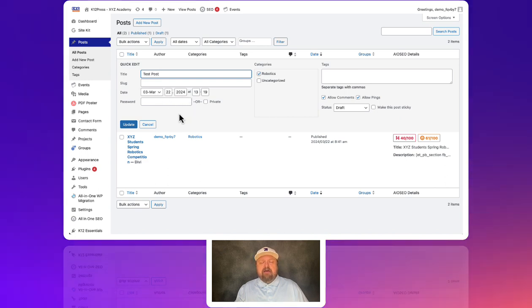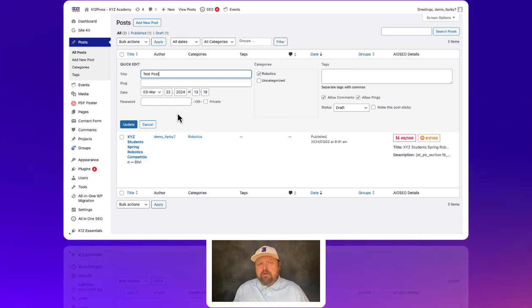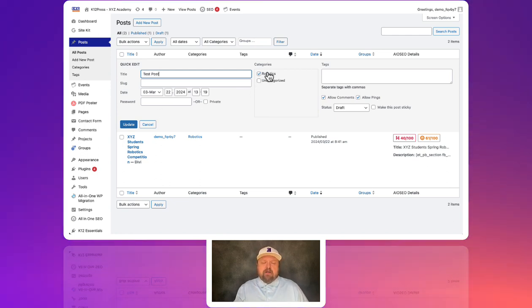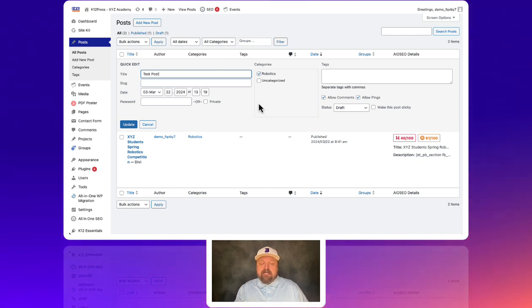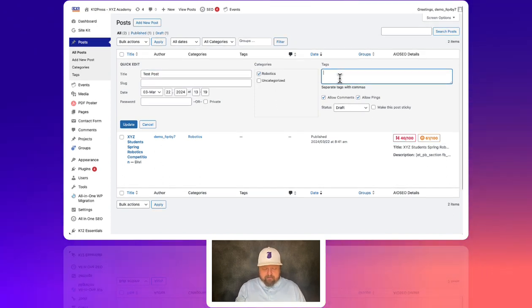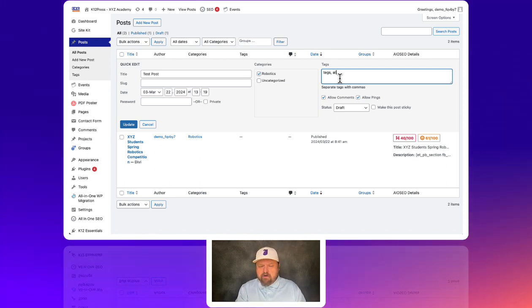This is if you have more than one author on your WordPress website. This is where you would select that author. There will be a little dropdown for author. You can also create more categories and check the categories that you want to put in there. If you want to enter in tags, you can enter a tag, comma, another tag. These all get saved. These are great for SEO, but